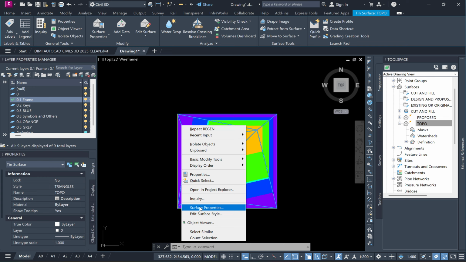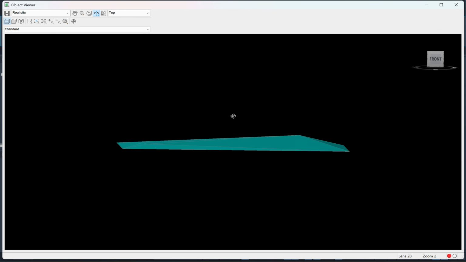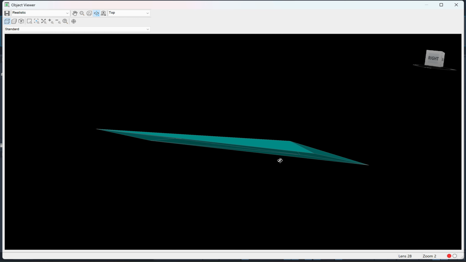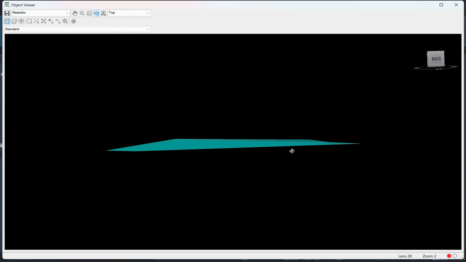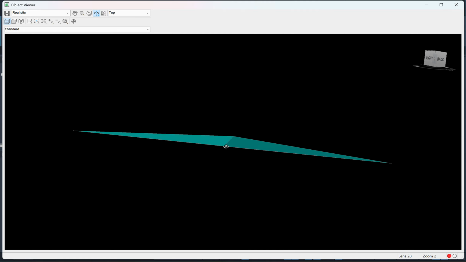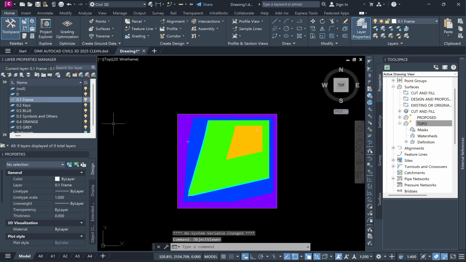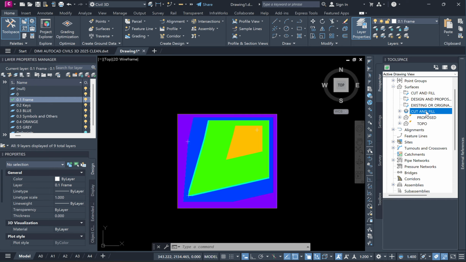And if we visualize the surface, you will see now our topo surface is different. It's not flat anymore. This means that it's gonna change the volumes. And let's go back to our cut and fill,